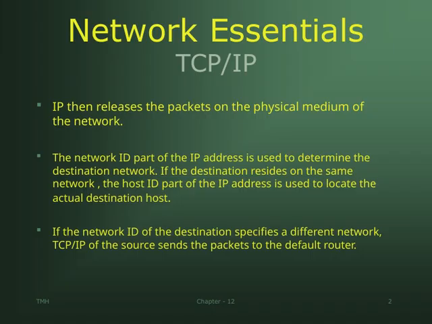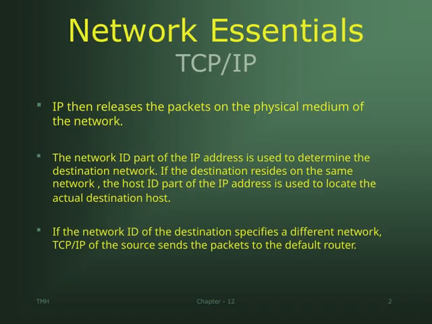A key part of this process involves the IP address, which is divided into two main components, the network ID and the host ID. The network ID tells us which network the destination device belongs to, and that's crucial for routing. If the destination device is on the same network, then the host ID helps us pinpoint the exact host